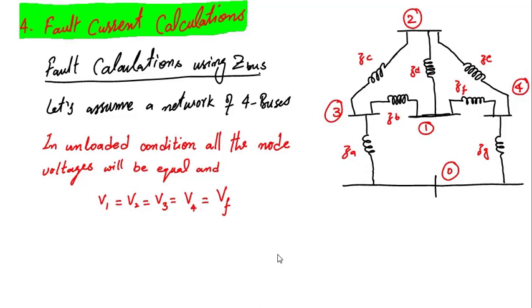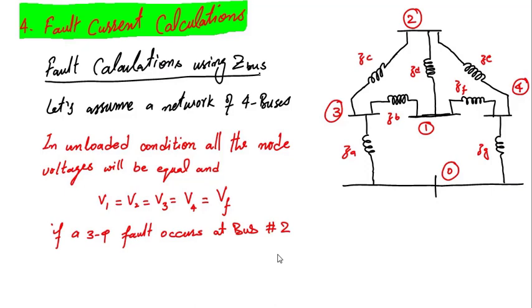And if we assume that the system is loaded, then all these four voltages will be different from each other, and we will have to compute those voltages with the help of load flow analysis if we want to perform short circuit analysis on a loaded system. So it means for short circuit analysis of a loaded system, we first need load flow analysis to find out the voltages, and then the result of load flow analysis will be used in short circuit analysis. If we assume the system is unloaded, it will make life very easy. All the node voltages are equal and equal to the pre-fault voltage Vf.